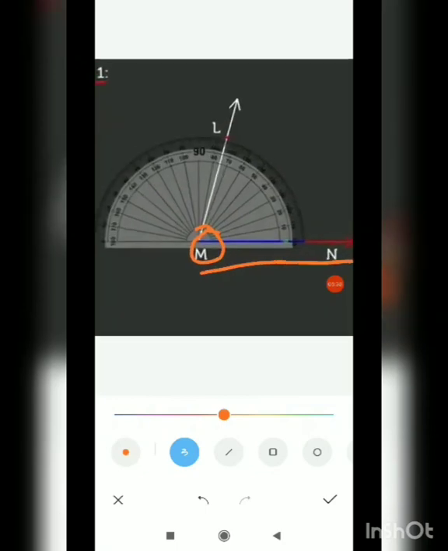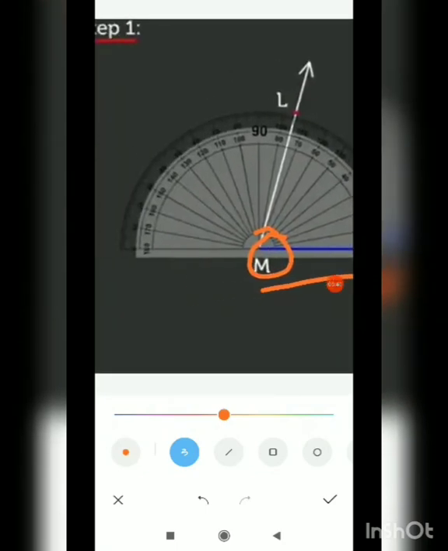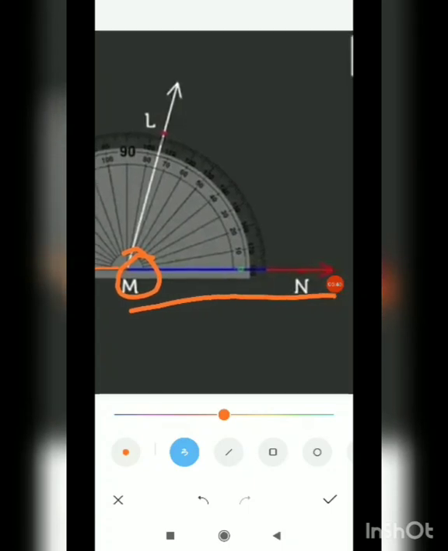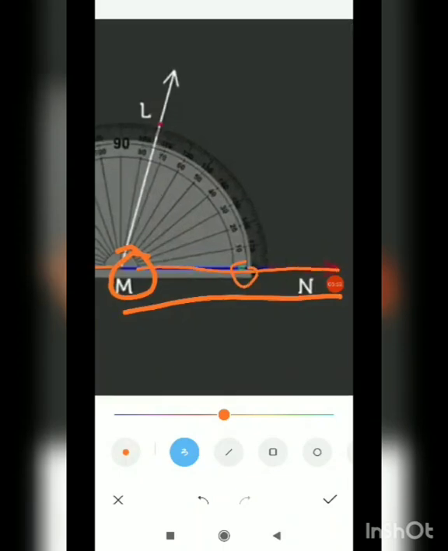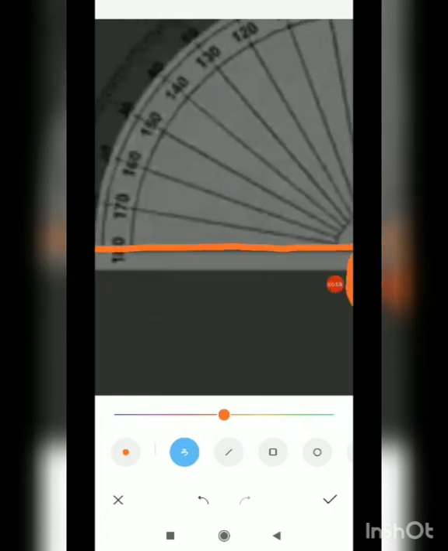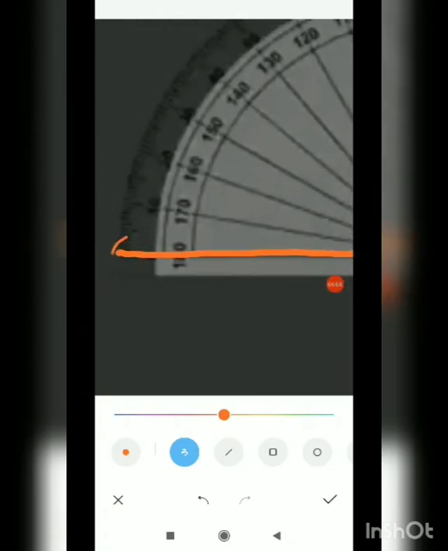It has a 0 line on both sides. One 0 line is this one, if we take the outer edge, then this is 0. The second 0 line is this blue line, if we are taking the inner edge like this, 0. You can see it is here 0. Clear? So one is here 0, and the second one is here also on the outer.